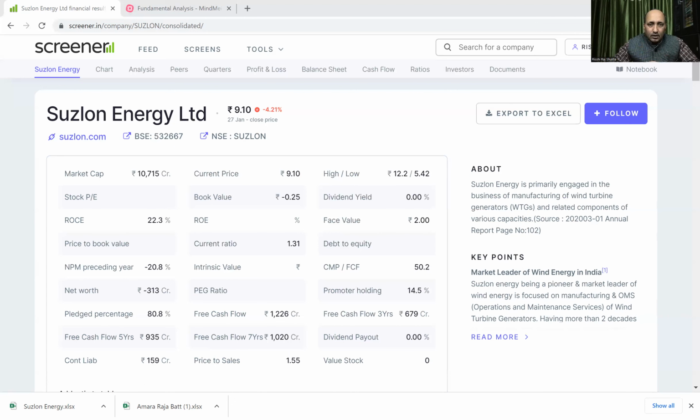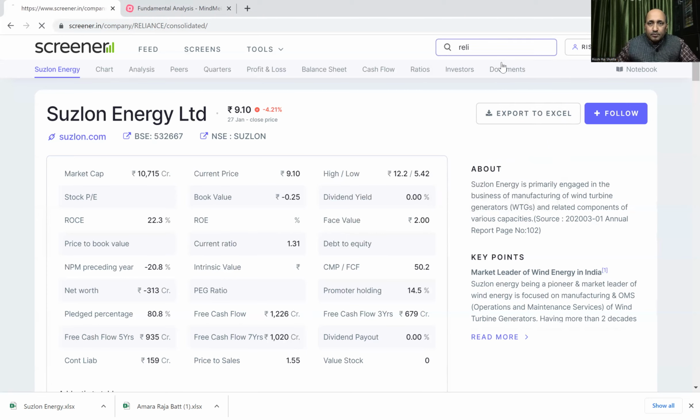And one can see that whatever bad happened with respect to the debt has already happened. So maybe from here the company has bottomed out and can improve. The future can be better. So that is the only positive we can see from leverage ratio analysis. Otherwise, even now, the company is in bad shape. We have seen a good company and a bad company. Let us see some more companies.